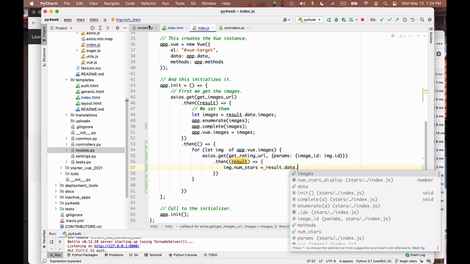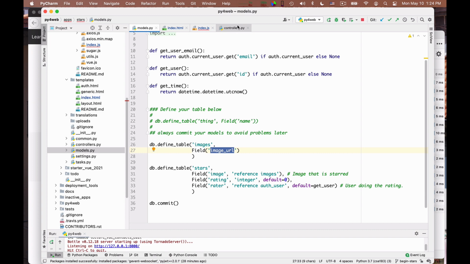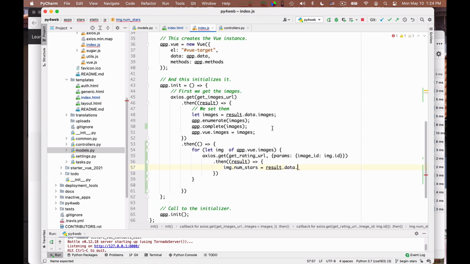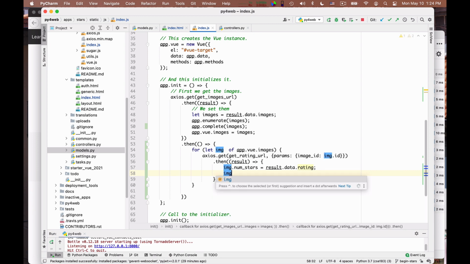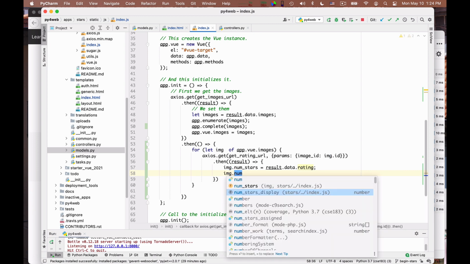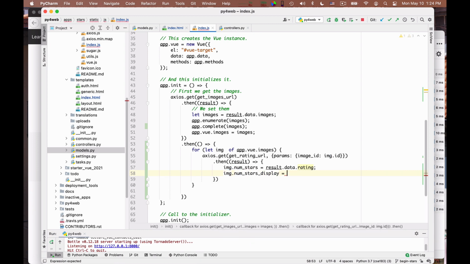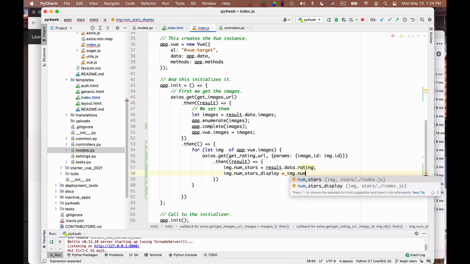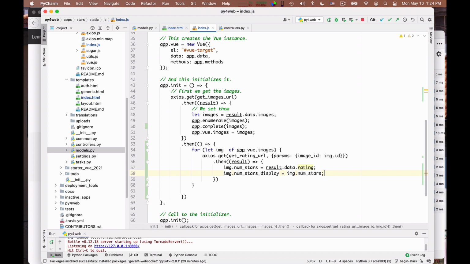How did I call it? Let me check. Rating. Okay, rating. Image number of stars to display is equal to again the same thing. So image num stars, for instance. Okay, and that's it.